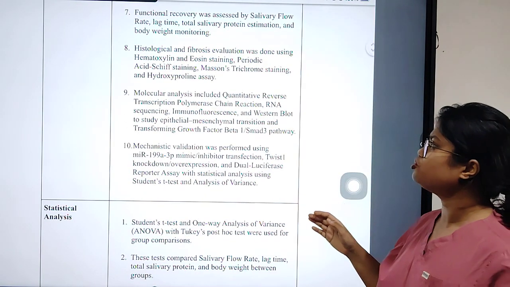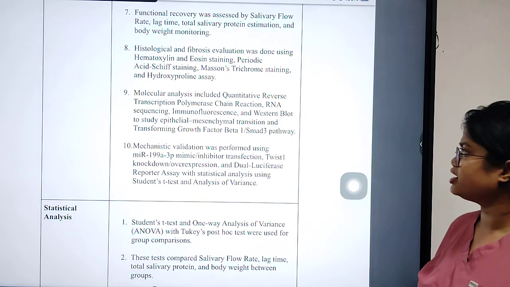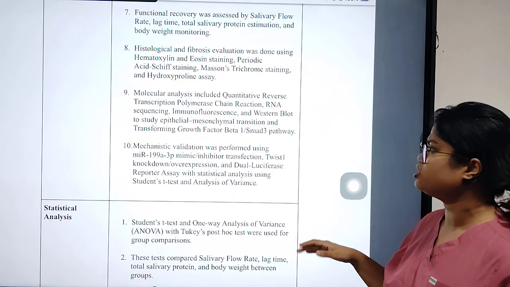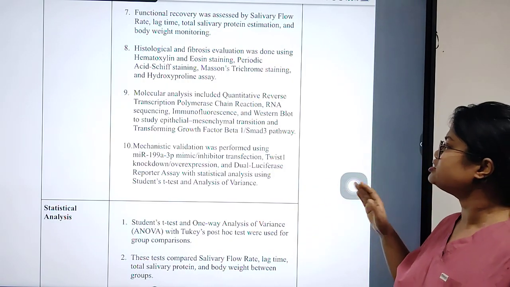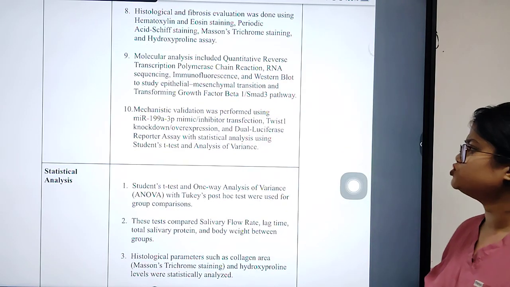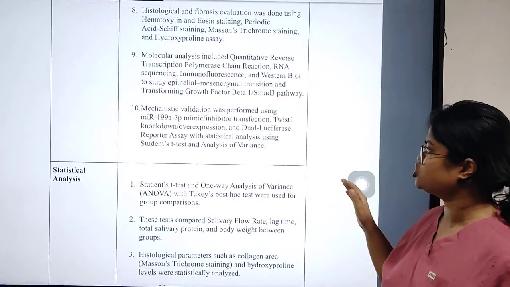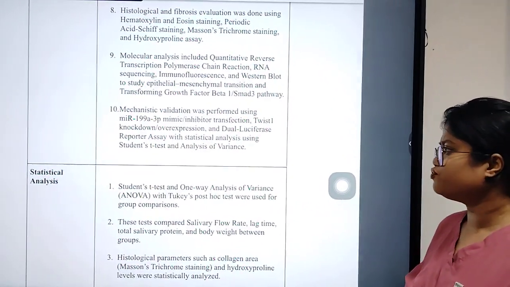Molecular analysis included RT-PCR, RNA sequencing, immunofluorescent techniques, and Western blot to study the epithelial mesenchymal transition and the transforming growth factor beta-1 SMAD3 signaling pathway and its role. The mechanistic validation was performed using miR-199a-3p mimic and inhibitor transfection, knockdown and overexpression, and a dual luciferase reporter